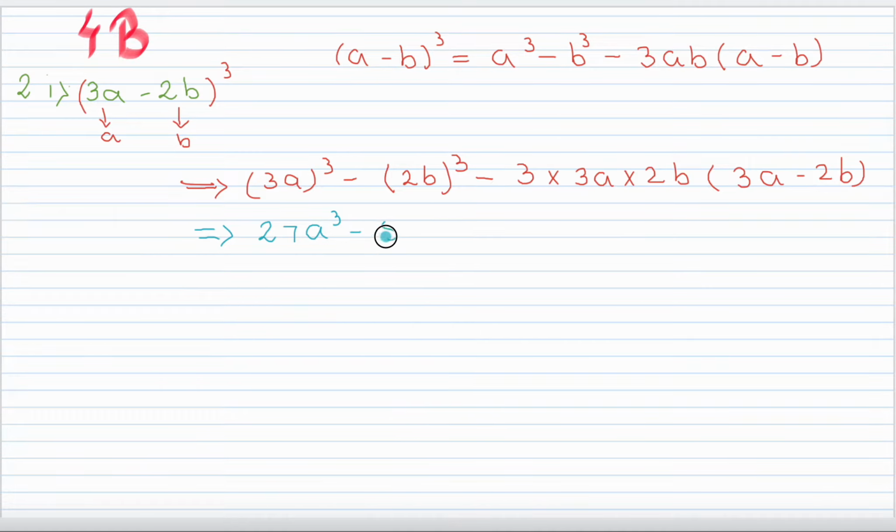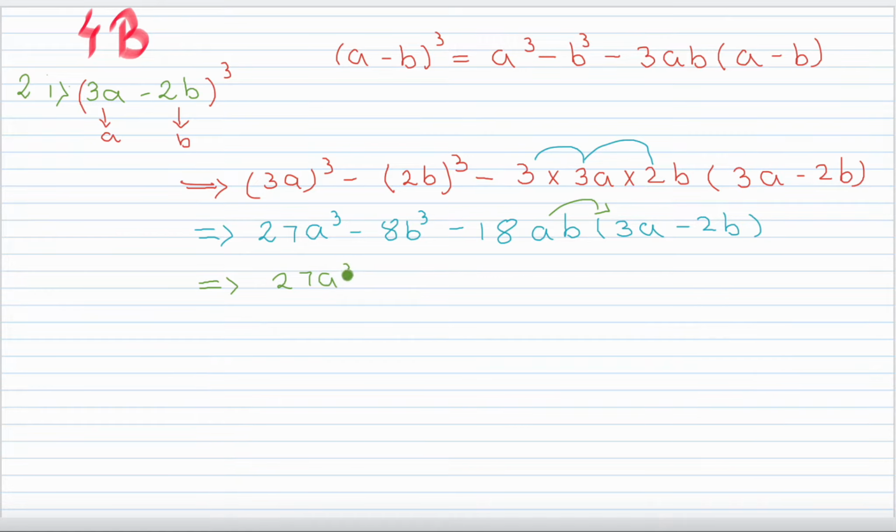So minus 8b cube minus 3 into 3 is 9, 9 into 2 is 18, and you have to write this one as it is because we can't simplify this one, okay? Now multiply. We have to simplify now. So you have to multiply this one. So you will get